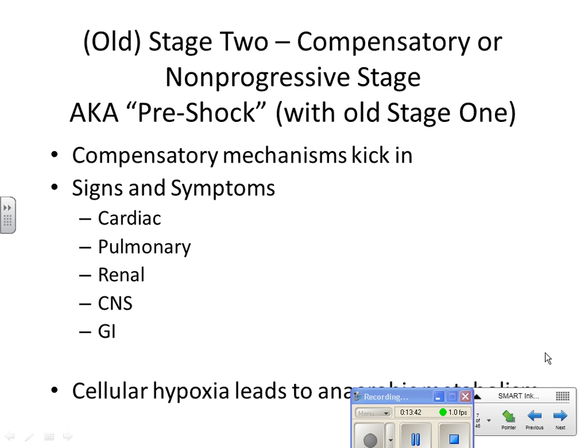And then as we tip down and get towards that non-compensatory phase, what happens in this phase is that the cells are going to shift to anaerobic metabolism. Remember that from A and P? Yep. So what happens is the Krebs cycle. You had to remember that, right? Oh, I hated that. But what happens is because the cells aren't getting enough oxygen, they switch to anaerobic metabolism. That pumps up the lactic acid levels as a byproduct of that anaerobic metabolism, and that causes metabolic acidosis. Another reason why your respiratory rate is going to increase, because the body's trying to compensate for that metabolic acidosis.